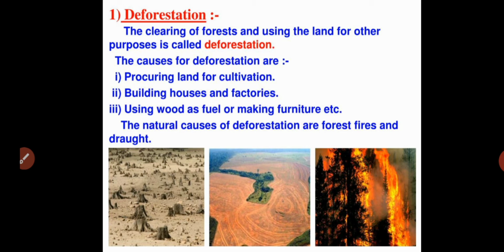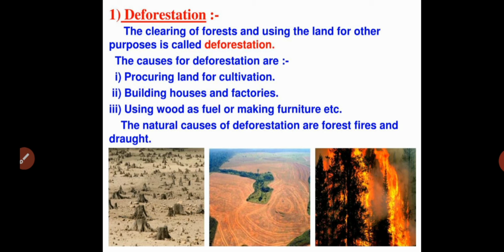Finally, that forest land is converted into agricultural land for growing different crops, and that is very much necessary because of the increasing population. So finally the need for food also increases. Because of that reason, we are cutting down the trees. Finally, we convert that forest land into agricultural land for growing different crops.